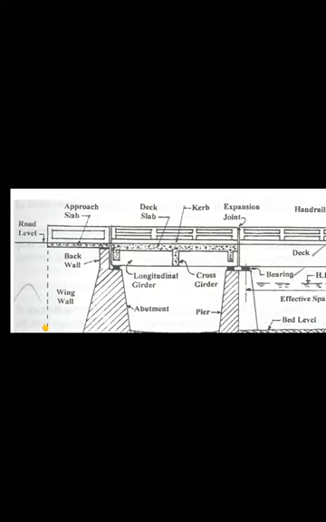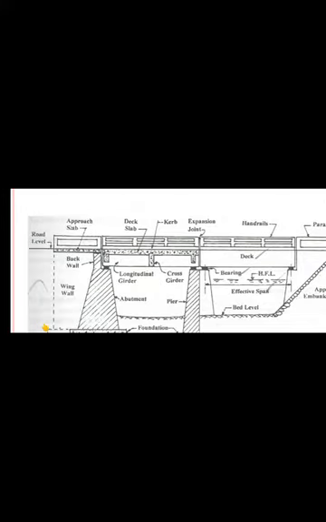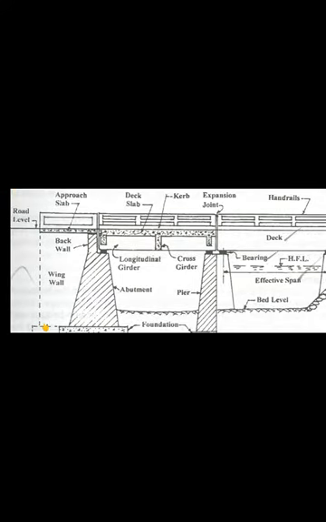Here one more thing is the approach slab. Here your road level is there, and this is your approach slab. For the vehicles to enter into the bridge, there will be a slab that is called the approach slab. Back wall and wing wall. Why are we providing the wing wall? The wing wall is to divert the water. Whenever there is water, to divert that water we provide the wing walls, and also to support the earth soil. Beside this abutment, it is compacted with earth. It will create lateral pressures. That pressure is resisted by these wing walls.